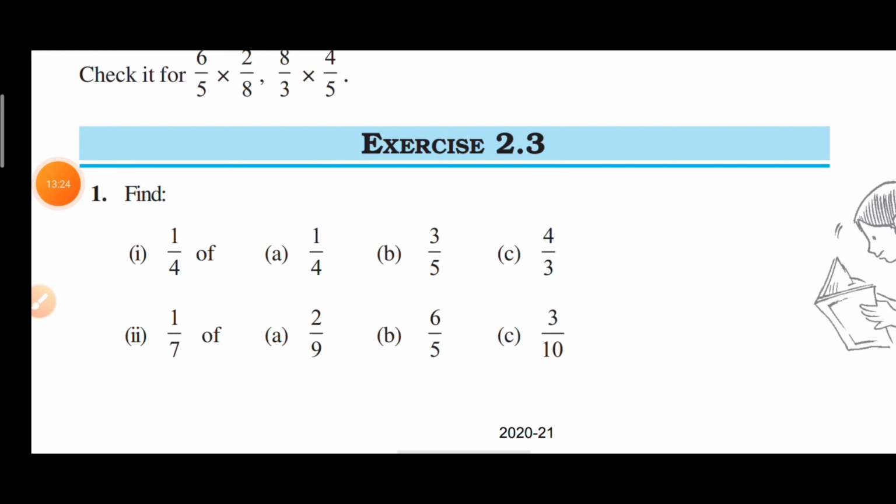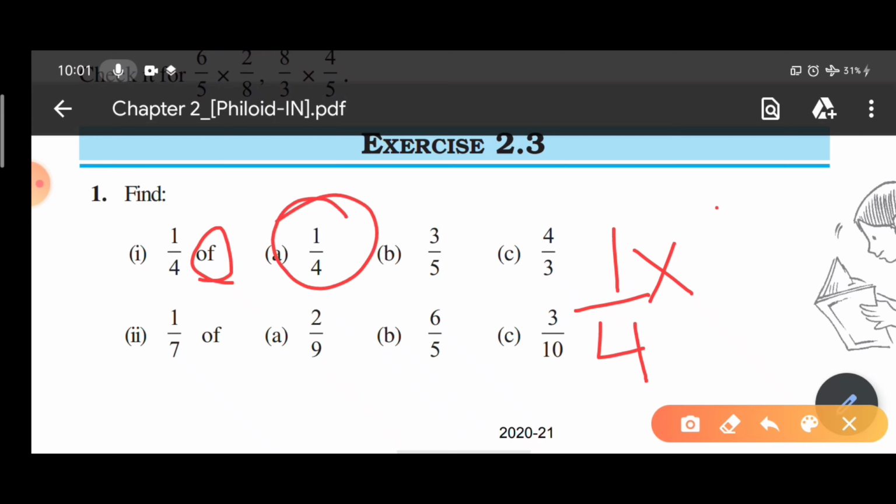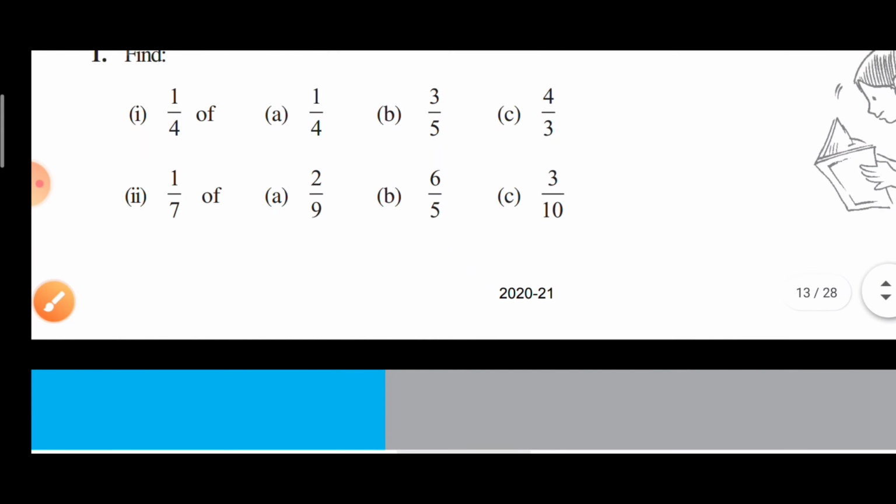Now here is a question related to the value of. So I'll just explain what "of" means. It is written 1 by 4 of. So in the place of "of" I'll write multiplication and then multiply it with this particular value. I'll get numerator 1 1s are 1, denominator 4 4s are 16. This is the required answer. In that way you can easily solve this section of questions.